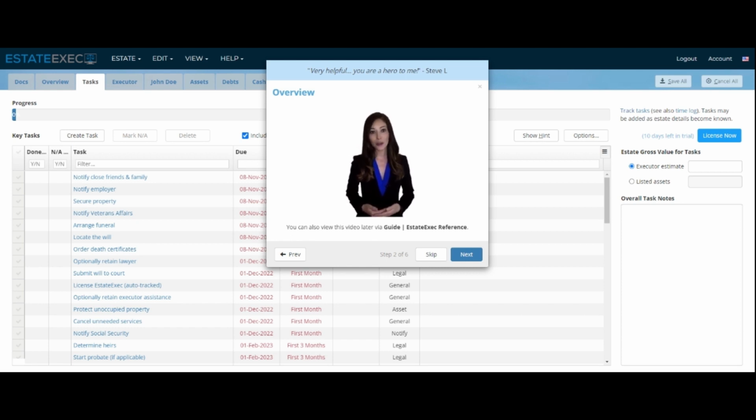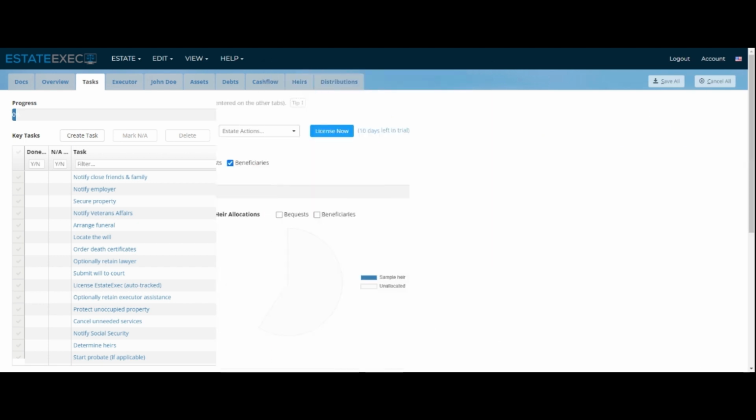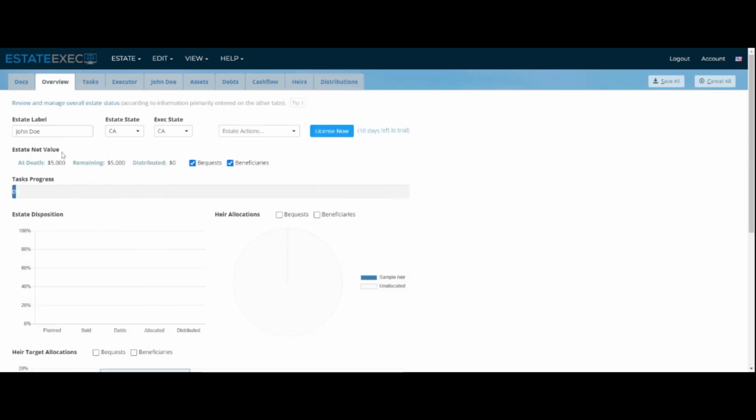If you ever have any questions, you can check the Docs tab on the left. It contains an overall executor guide, plus topics on how to use Estate Exec to accomplish specific goals. You can also look at the sample estate for guidance, or simply send a question to support@estateexec.com. We're always happy to hear from you, and we're here to help throughout the entire process. Overview will be setting up the estate